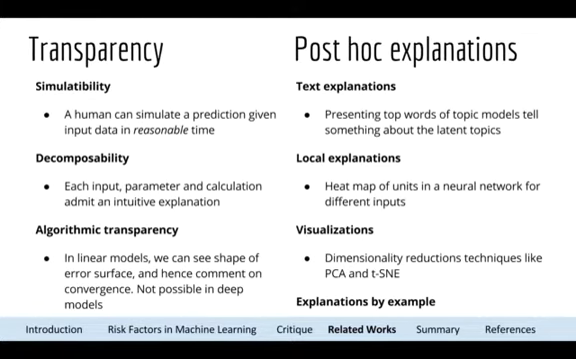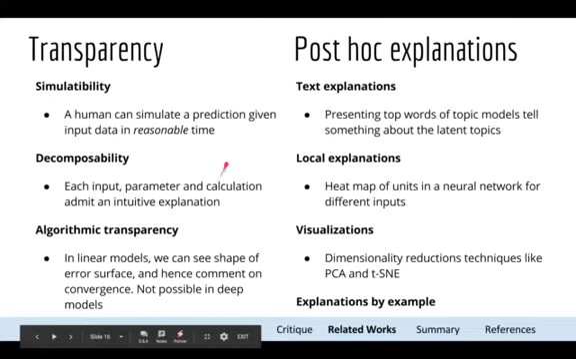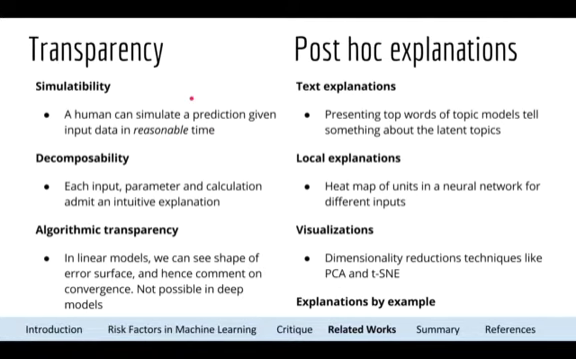We now turn to consider the techniques and model properties to enable interpretations. These broadly fall into two categories. The first relates to transparency, that is, how does the model work? The second consists of post hoc explanations, that is, what else can the model tell me? The first aspect of